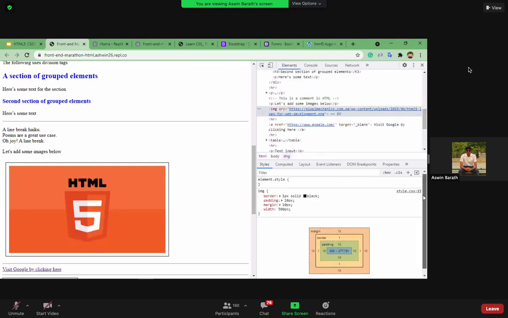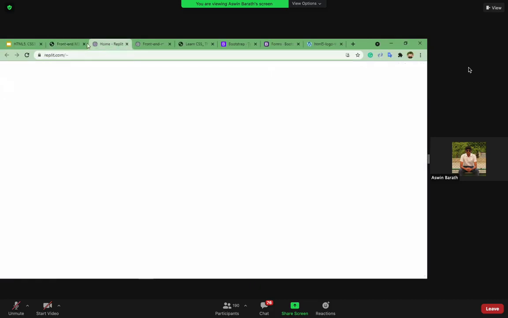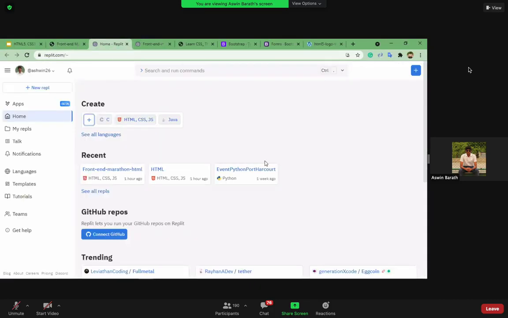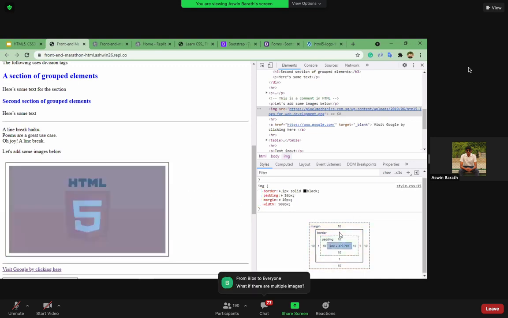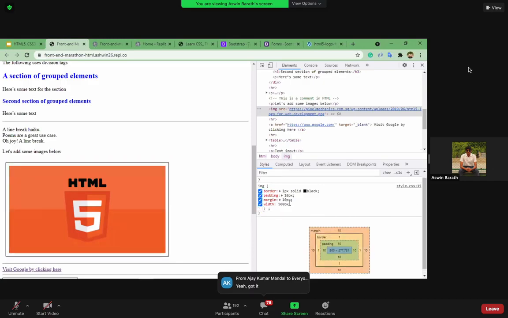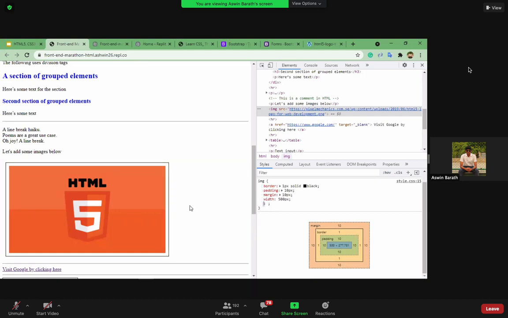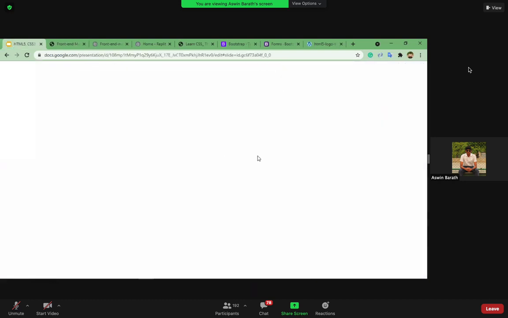So as you can see, the styling that we have provided in the coding part over here is displayed over here also. So if we try to use this developer tools, we can understand where and all we have provided border, padding, margin clearly, so that we can test it over here as well. Okay. So that's it about box model.